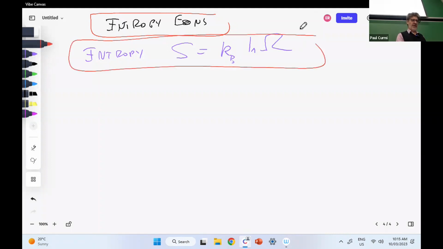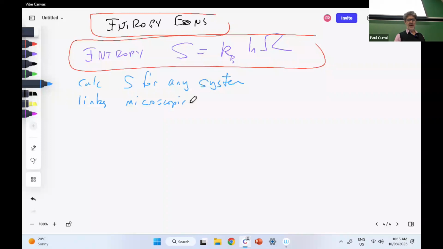It means I can calculate S for any system. All I need to do is to enumerate the microstates. And this links microscopic to macroscopic. Basically, this allows me to derive